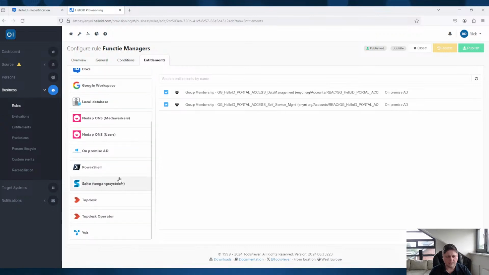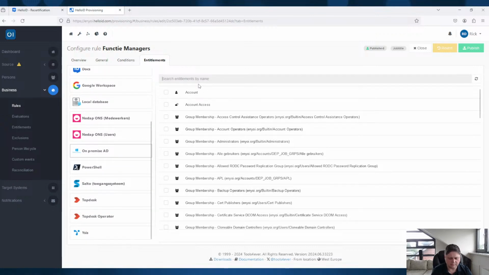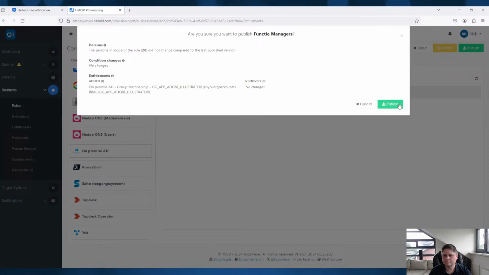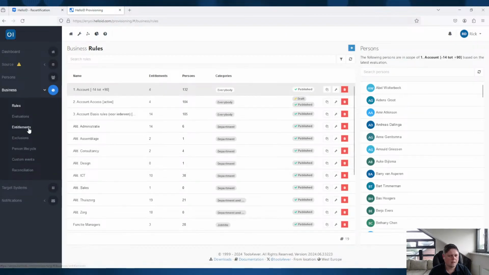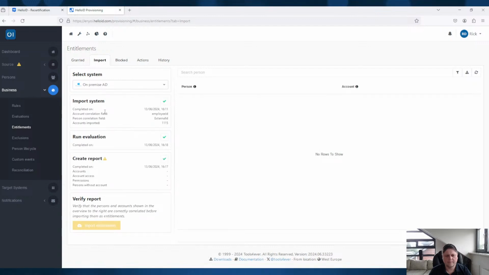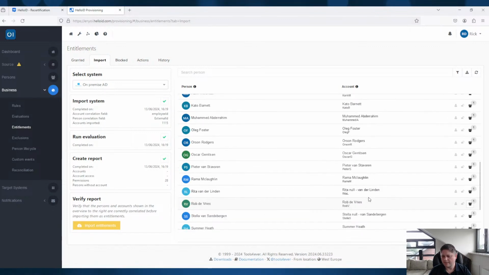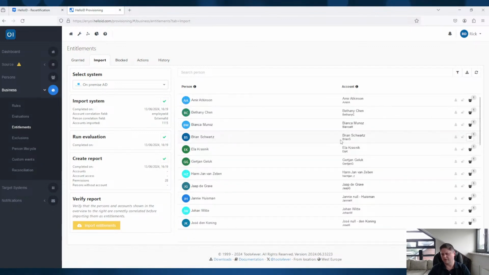So I have to go back again here and go to Active Directory on premise. Say I want to say illustrator. Let me assign it again and publish it. And then we go back to the entitlement import. And now if I run an evaluation again and create a report. Oh, sorry, I have to import. Sorry, I have to import AD because I made changes in Active Directory and I have to import it again. My mistake. So now you will see that the state of Active Directory that we just created in HelloID, but